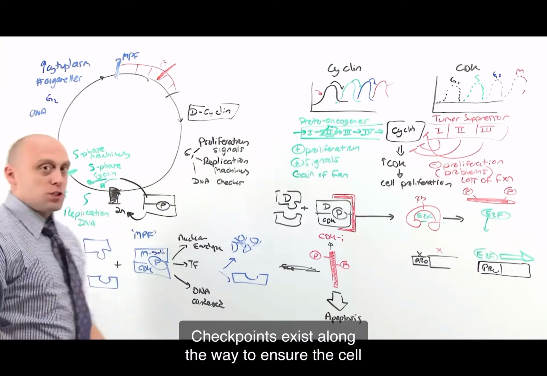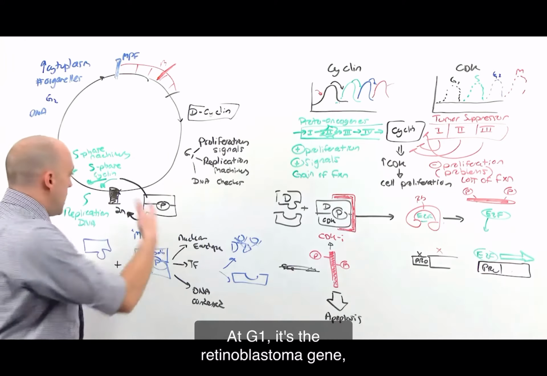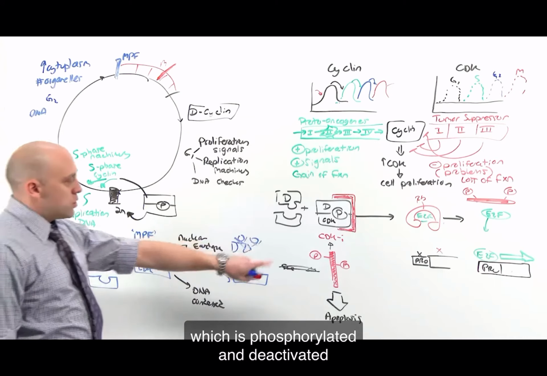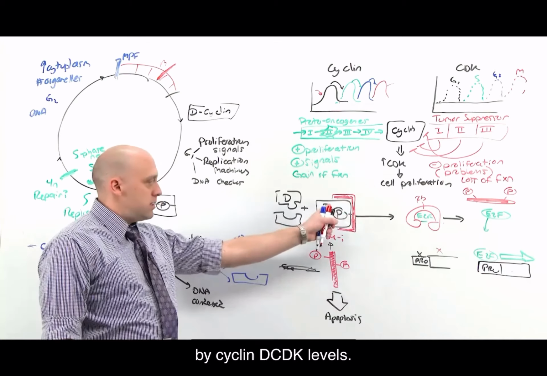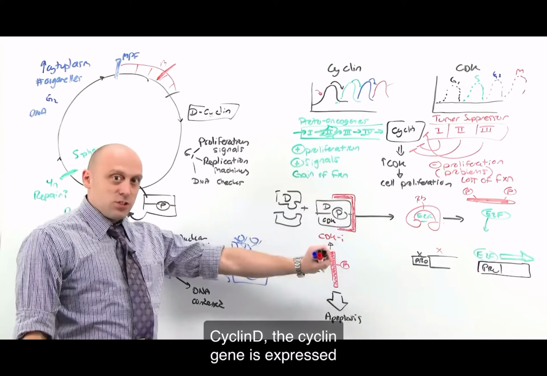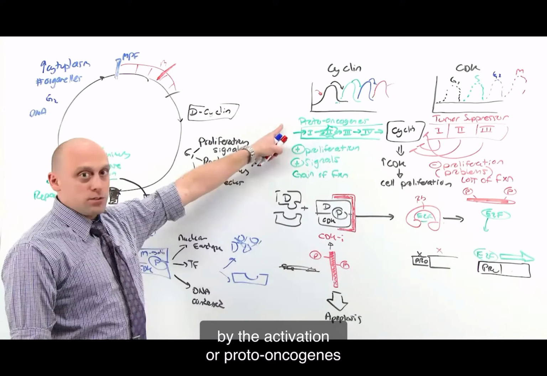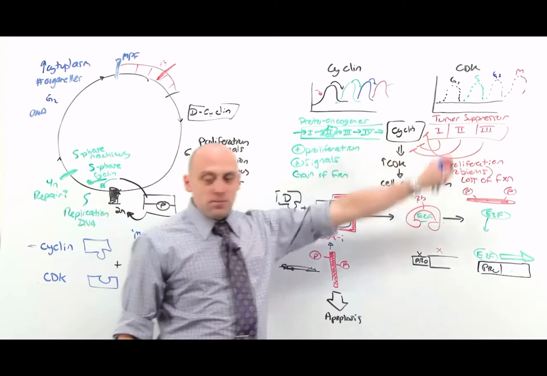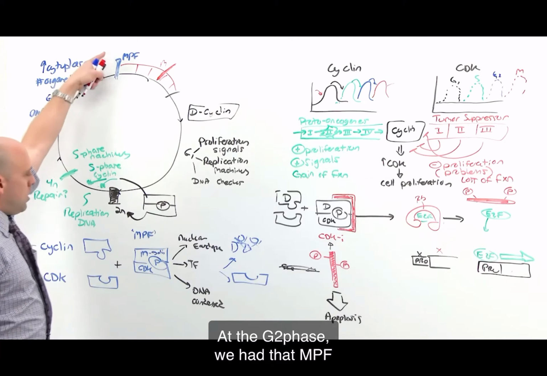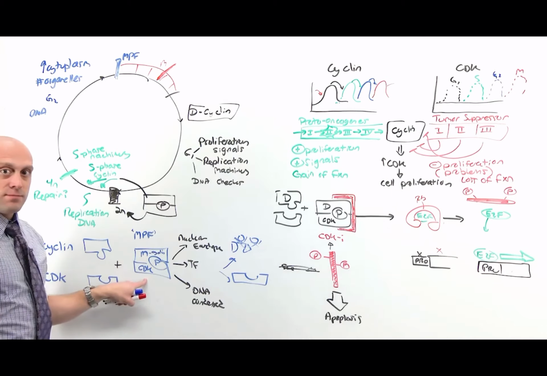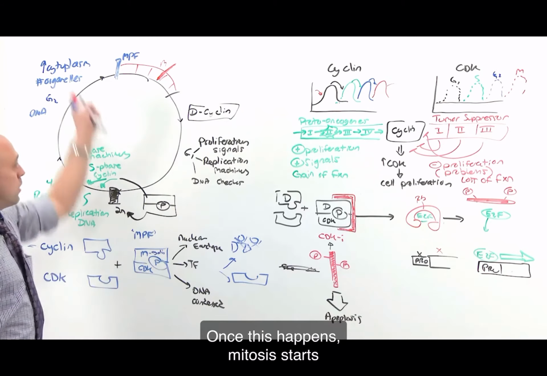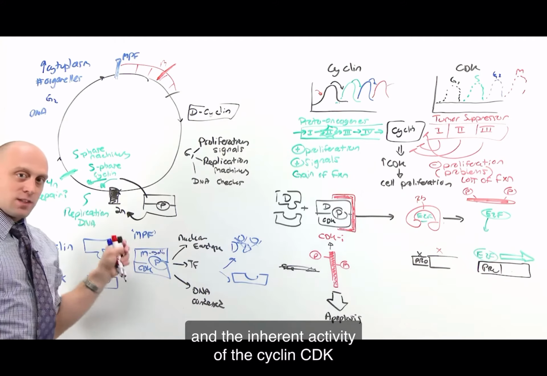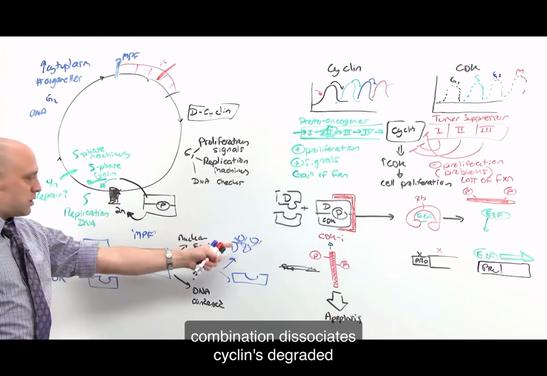Checkpoints exist along the way to ensure the cell has done what it's supposed to do. At G1, it's the retinoblastoma gene, which is phosphorylated and deactivated by cyclin D CDK levels. Cyclin D, the cyclin gene, is expressed by the activation of proto-oncogenes in the absence of tumor suppressors. At the G2 phase, we had that MPF, which was simply M-cyclin binding to CDK. Once this happens, mitosis starts, and the activity of the cyclin CDK combination dissociates, cyclins degrade, and the process